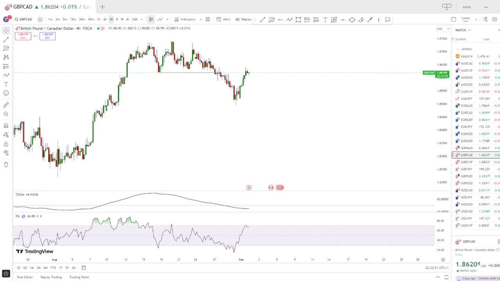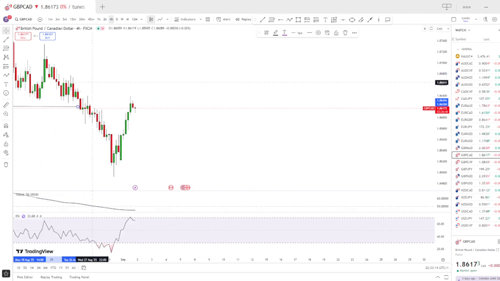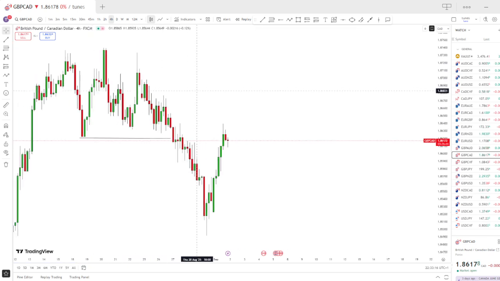Next up, let's see GBP CAD, and I believe something similar to what we just explained on GBP CHF. Basically on GBP CAD right now, what I'm seeing is that we've had a minor break of structure towards the downside. And if I'm looking at it like that, then definitely I should be watching out for the region or the origin that actually caused that break of structure. And if I'm looking at it as that,